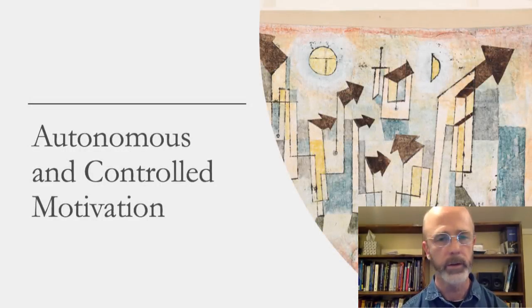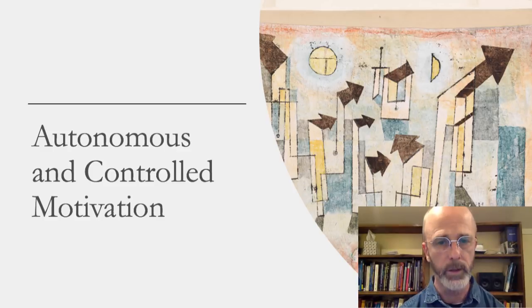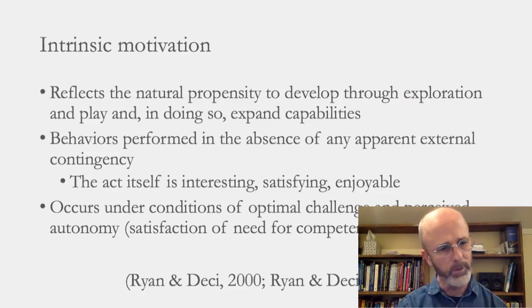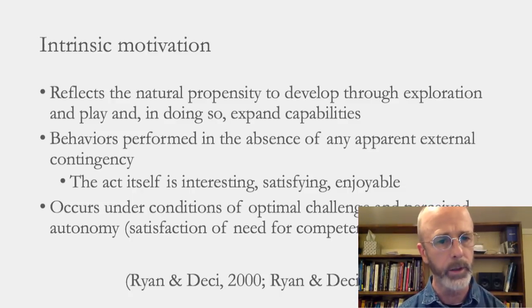So we've covered a couple of basic concepts, psychological needs and internalization, and now we can begin to talk about different forms of motivation, namely autonomous and controlled forms of motivation. But first, and this can get a little bit confusing, hopefully as I continue to go through this section, it'll become a little bit clearer to you.